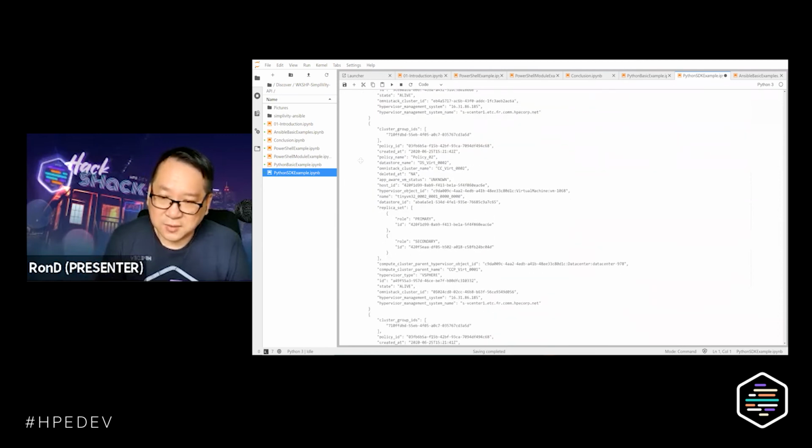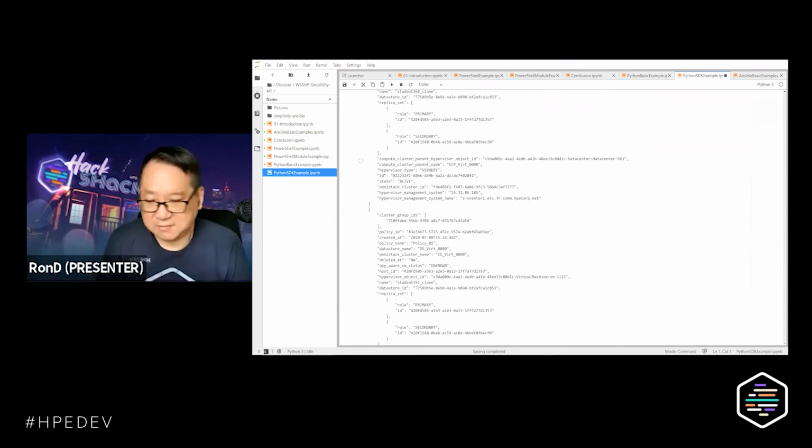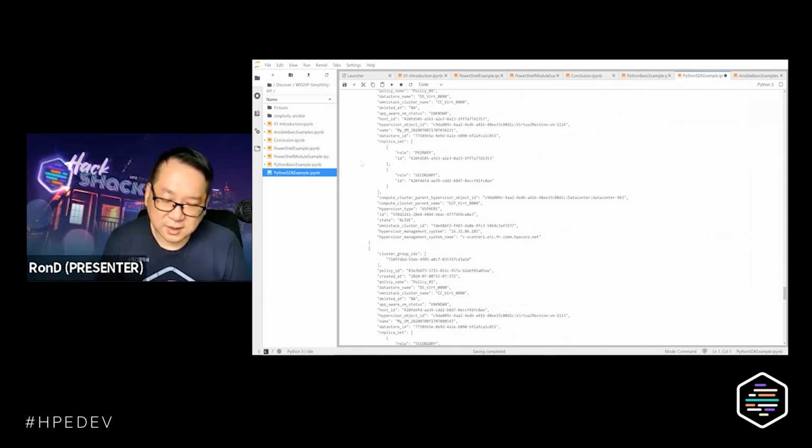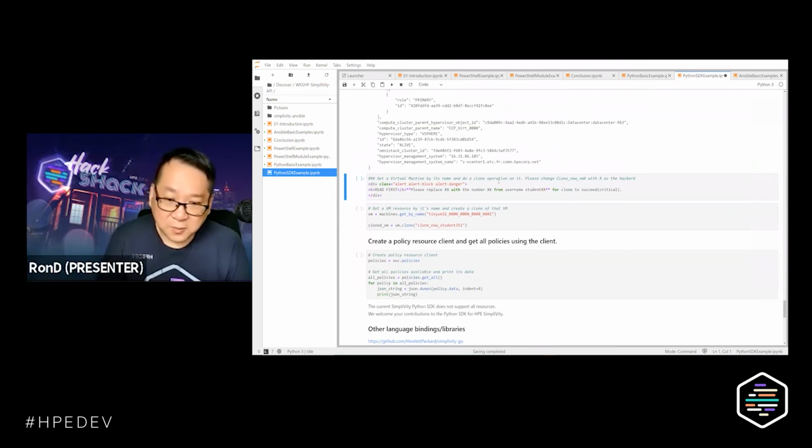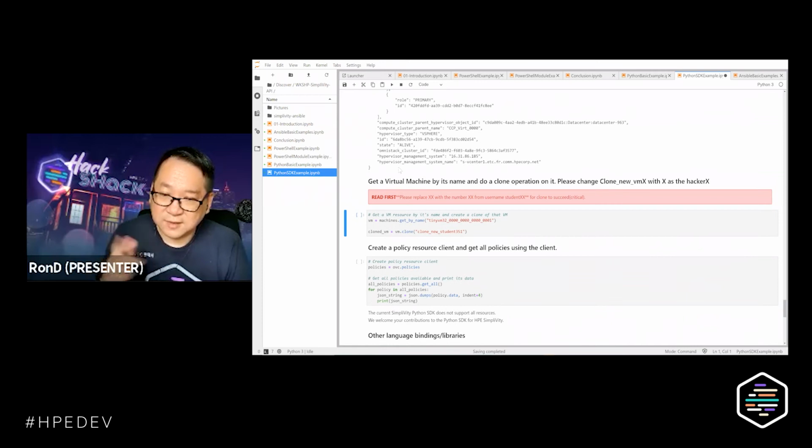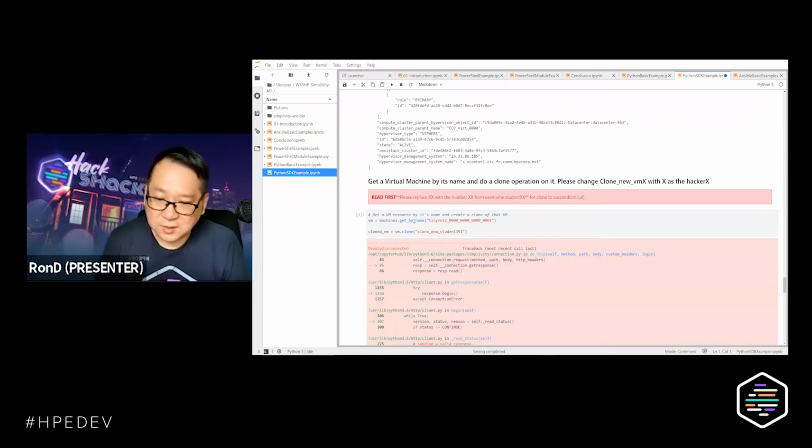So going to the next exercise, after displaying the virtual machines that are available, and obviously there's quite a lot of them, now we can perform a clone. This time we need to make a modification here. I'm sorry, this should be on the markdown. If you click on the markdown here, this particular paragraph, that's what it has to look like. Okay, sorry about that. What we need to do is make a change now to the new name. This time Fred has also been helpful to automate changing the name of the VM. Then we can start the operation to do the cloning.